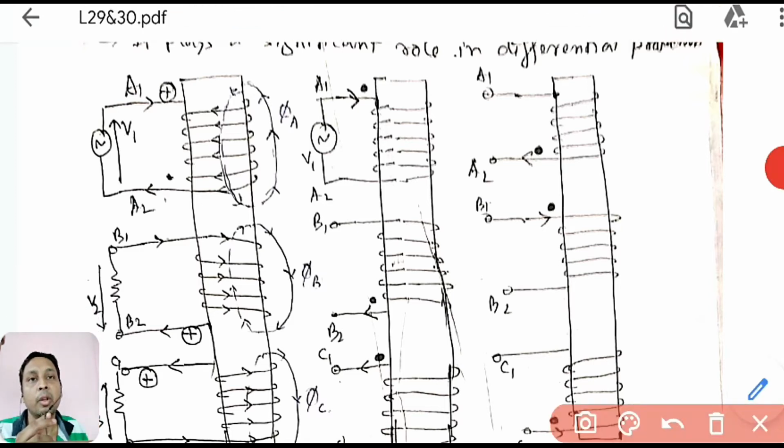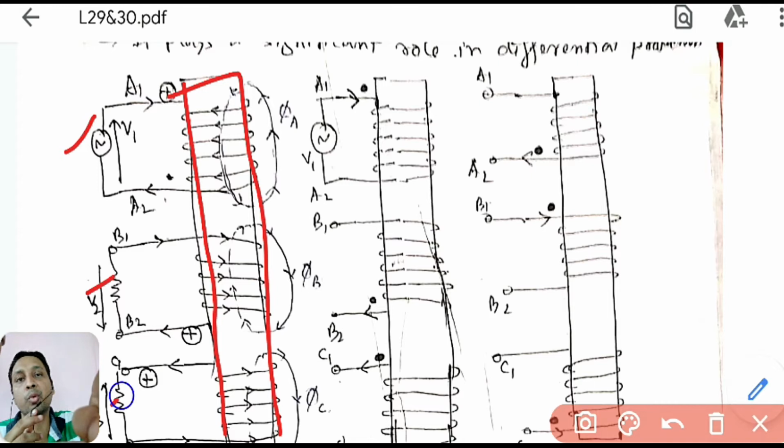Suppose you have a transformer core, and we have connected three windings. This is the primary winding, and these two are secondary windings. You can connect them in different ways. In the primary winding, one turn goes behind the core and then rotates, and another comes forward of the core and then rotates. So you can wind it either this way or that way. On a limb, if you want to make a coil, you can make it this way or that way. That depends on how you insert your incoming and take your outgoing, that's all.